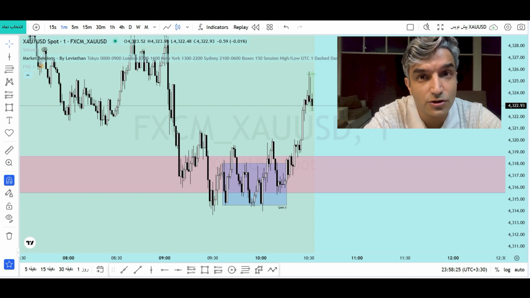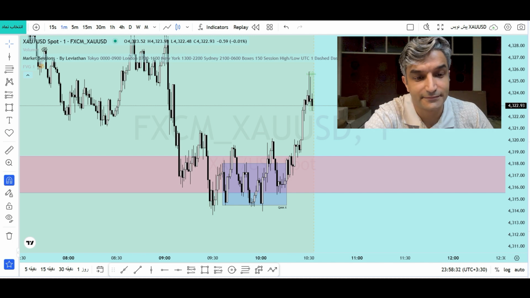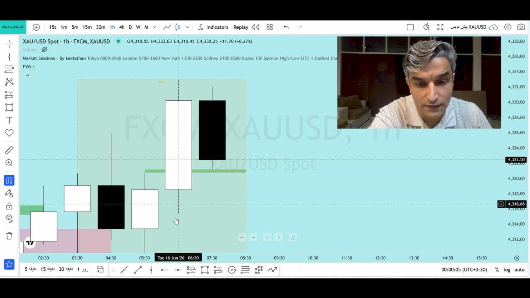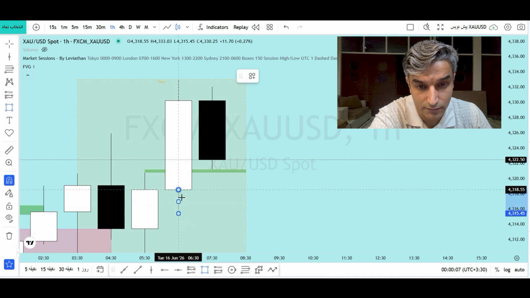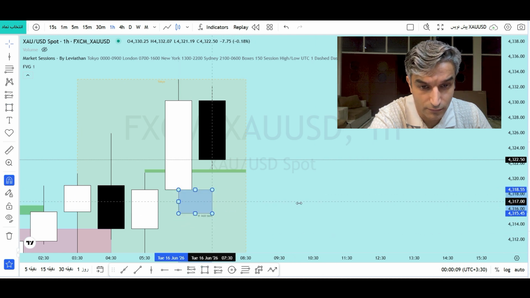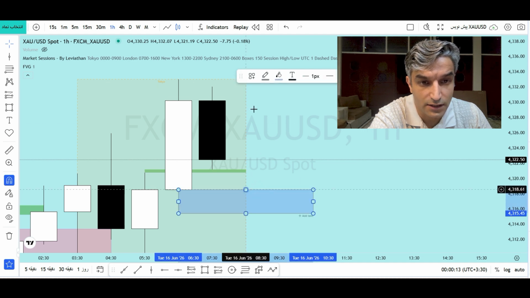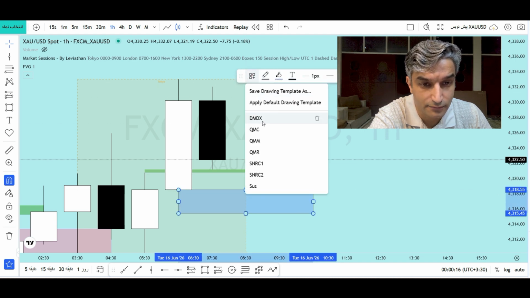Hi, today I want to show you one example about the QMM and see how we trade it. As you see, we have a Double Marubozu DMD1, okay? I select it as a POI